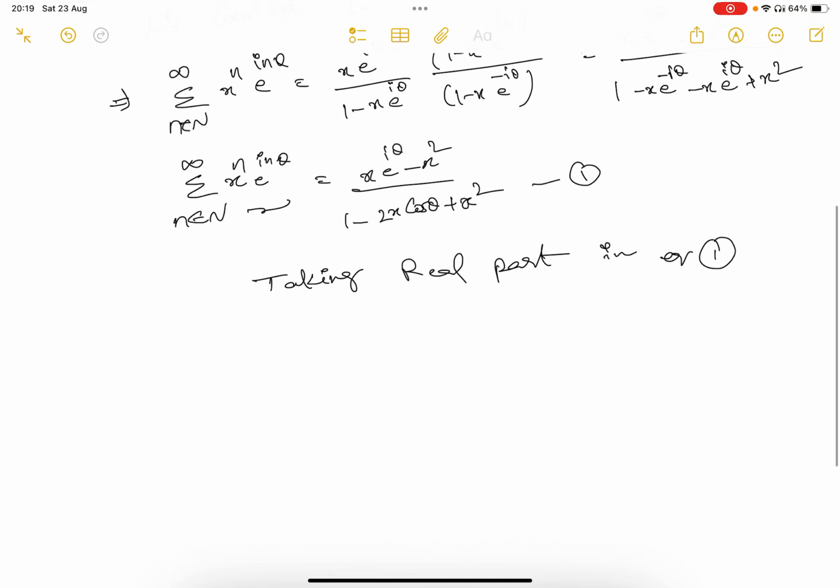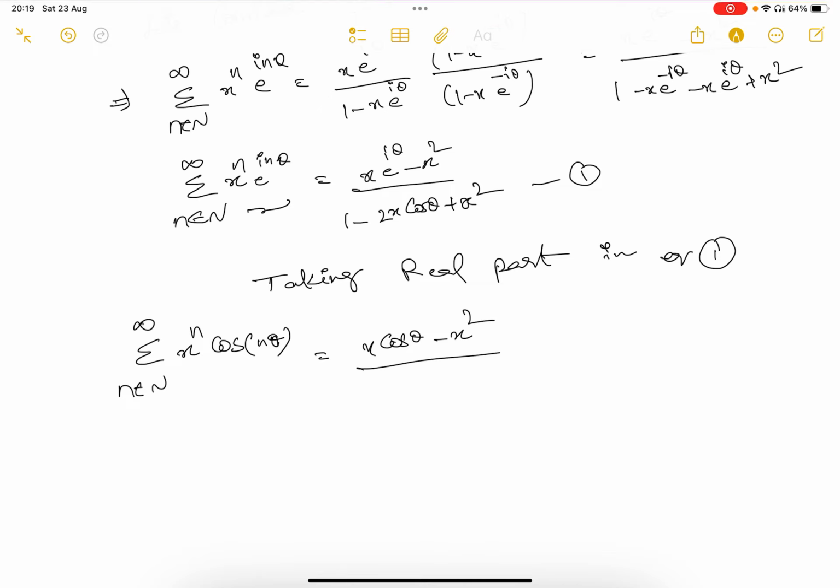Fine. Taking the real part, it will be summation n belongs to n to infinity x power n into cos n theta, right? This will be, if you take the real part in e power i theta, cos theta minus x square by 1 minus 2x cos theta